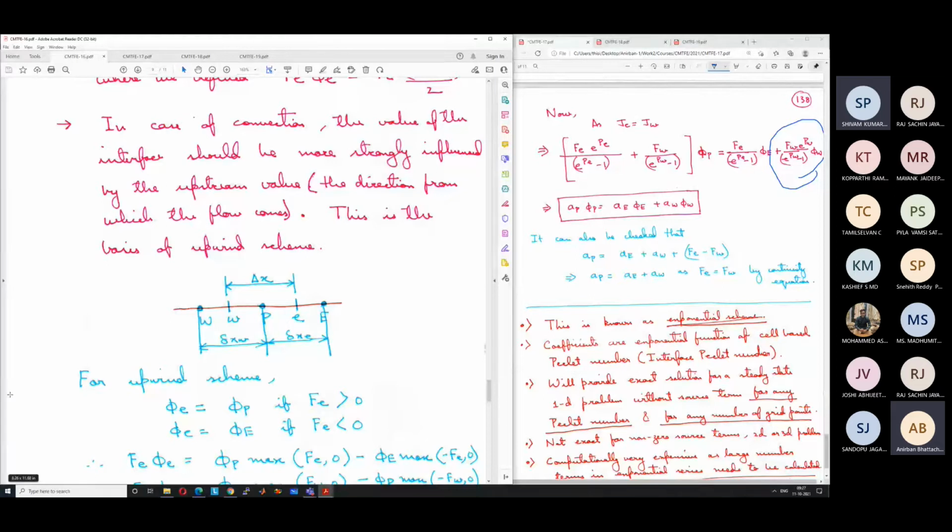Flow is coming from left to right along the x direction at very high velocity. It means that Peclet number is very high because positive x direction is from left to right. So should AE be higher or AW be higher, or both will be equal if the Peclet number is higher? AW must be higher. AW must be higher because that should have a stronger influence. So at the limit that Peclet number is very high, what should be the value of AE?